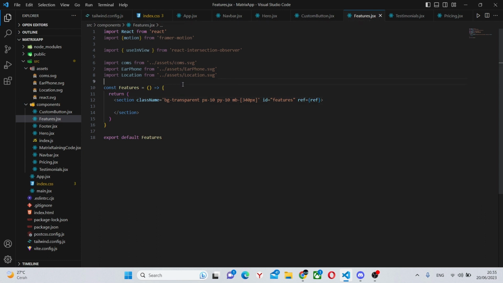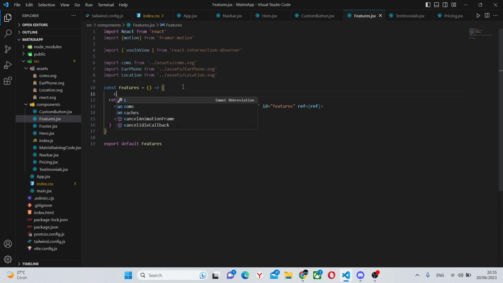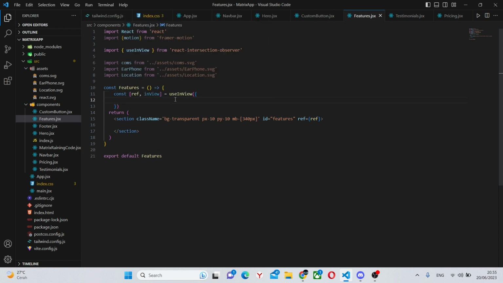Now we'll actually create said ref and say const ref, inView, simply inView, not useInView, equals useInView, and trigger once to true.